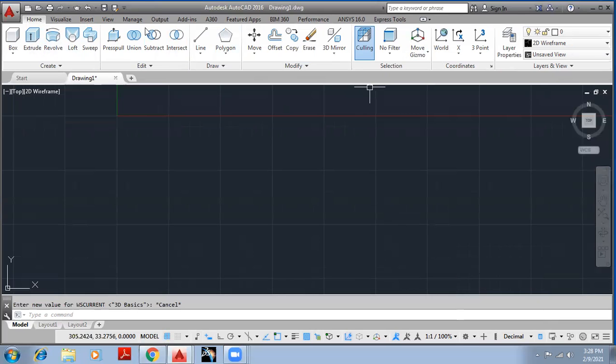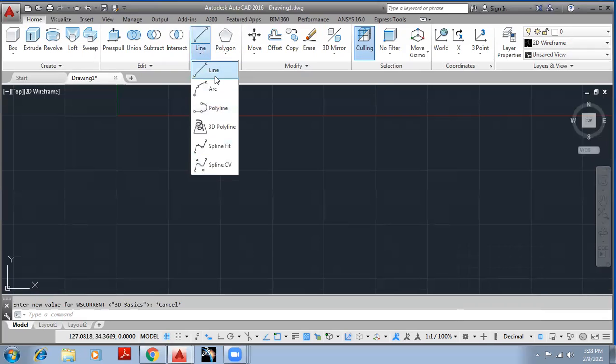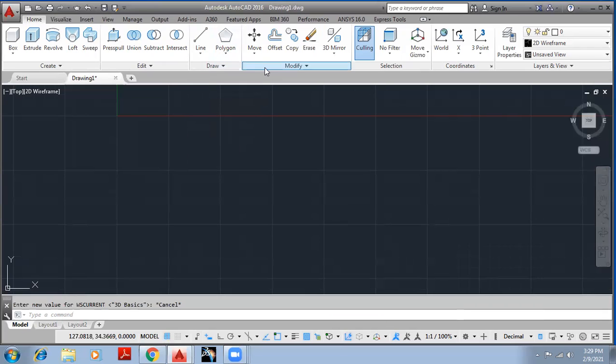Other things are the same. It consists of the menu bar. It consists of palettes, and in the palettes we have different tools, but these tools are useful only for modeling. It also consists of a draw tool, but only very limited tools are there for drawing. Then the modify panel is also there, which will assist us to edit the drawn components or objects.